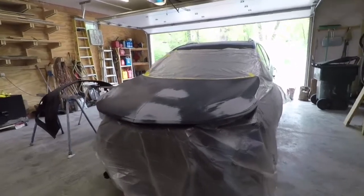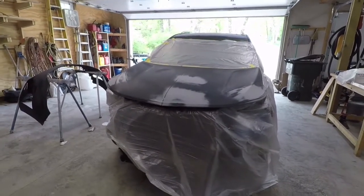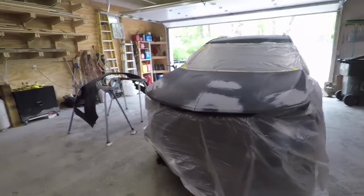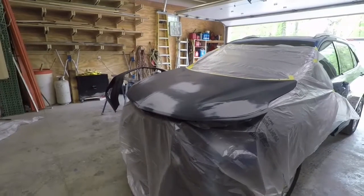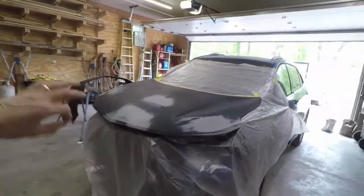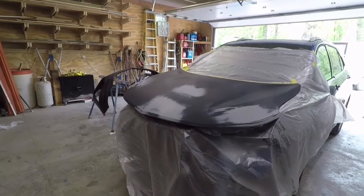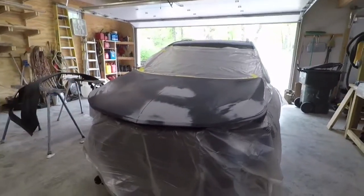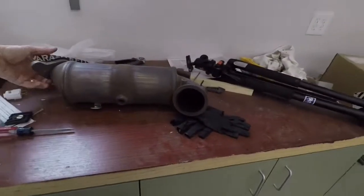Again, I apologize for not filming a lot of this stuff before. I've done a ton of work to this thing. Oh my gosh, I forgot too. So what did I do? I had some bent lines. There's a cooler line that goes in there that cools the turbo that I had to replace. There's an AC line that had a little nick in it. I replaced that. And then the most expensive part that I've had is this catalytic converter, which comes right off